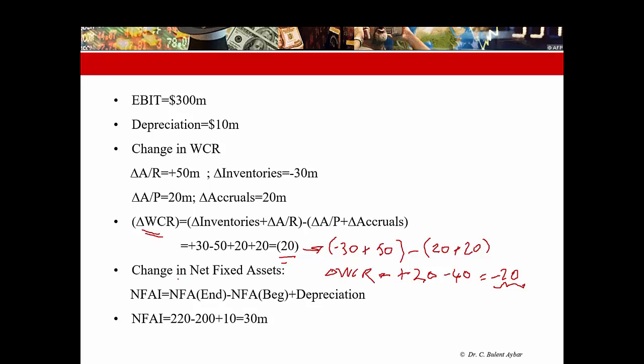So let's look at now the change in the net fixed assets. Net fixed assets, the end of the period, net fixed assets are 220 million, beginning 200, plus the depreciation. This means that we during this period made $30 million of investment in net fixed assets. Now we can put all of these together,